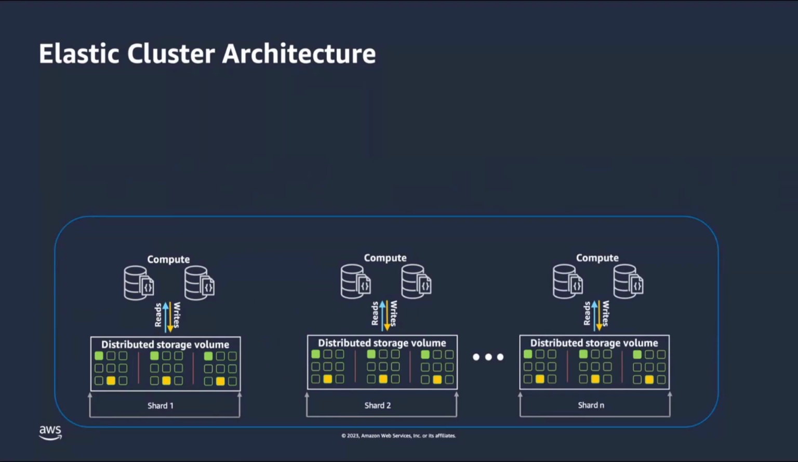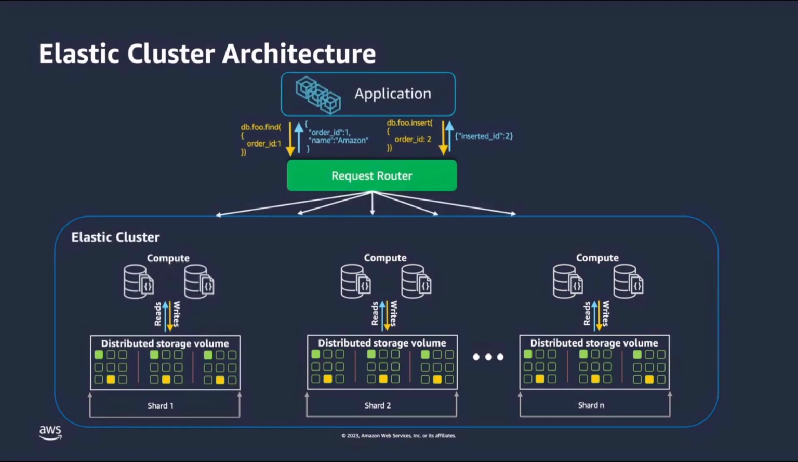And now to support these millions of reads and writes per second and petabytes of storage, what Elastic Clusters does is partition or shard very large data sets into smaller data sets across multiple nodes, enabling you to scale out your database beyond the limits of a single instance-based DocumentDB cluster. Now, each shard in an Elastic cluster is in itself just an instance-based DocumentDB cluster. They have their own compute capacity. They have their own primary instance that handles updates to the data in that shard and their own distributed storage volumes. And this is how we achieve those millions of reads and writes per second and the petabytes of storage